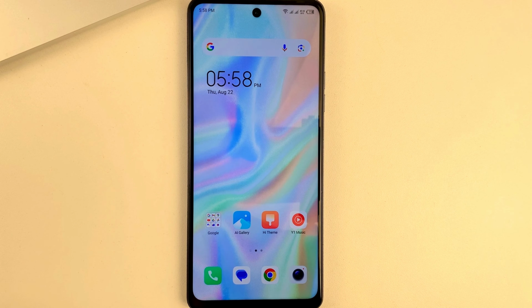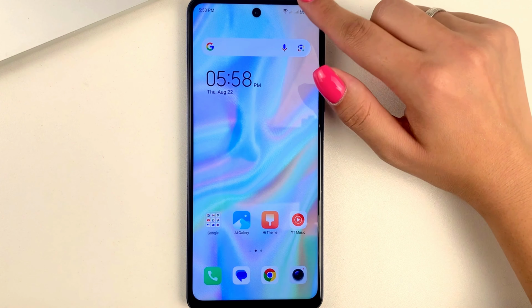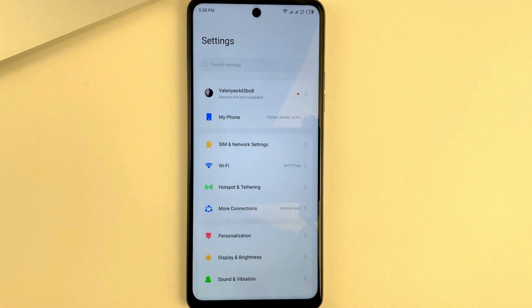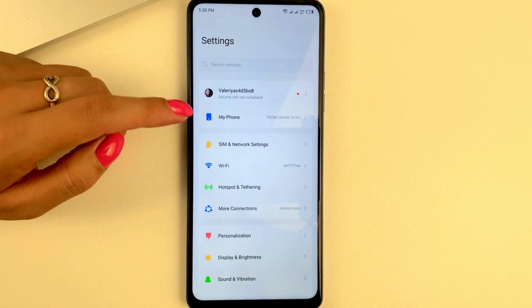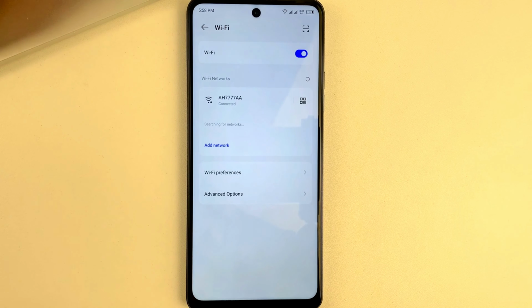So friends, let us get started. In order to find out your SSID on your Android, first of all, please swipe from the right side from top to bottom and click on the gear. This will take you to the settings. In settings, you'll need to either find the Wi-Fi option, like I did, or connectivity. And when you go to the communication option, there will be Wi-Fi.